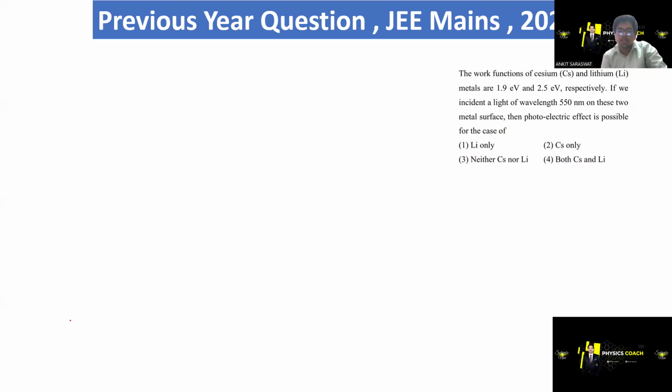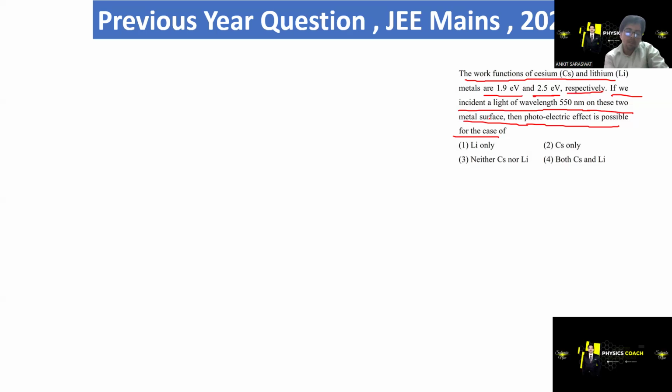First of all, read the question carefully. Whether it is JEE or NEET, always read the question carefully and apply your concept. The work function for cesium and lithium are 1.9 electron volt and 2.5 electron volt respectively. If we incident a light of wavelength 550 nanometer on these two metal surfaces, then the photoelectric effect is possible